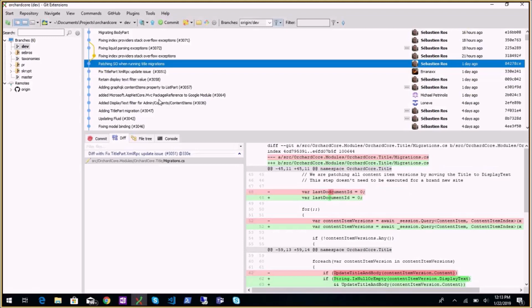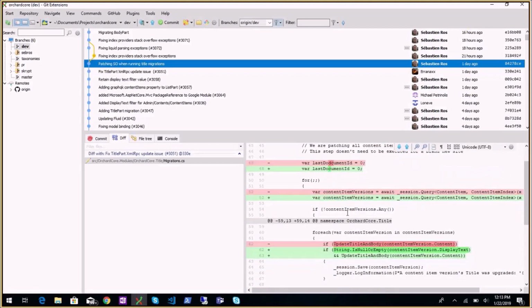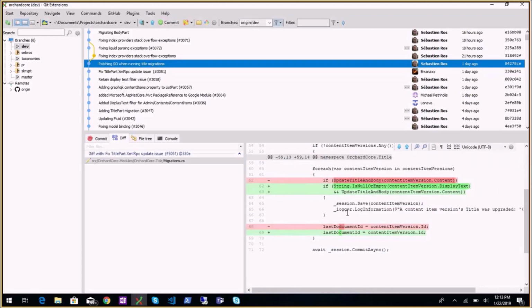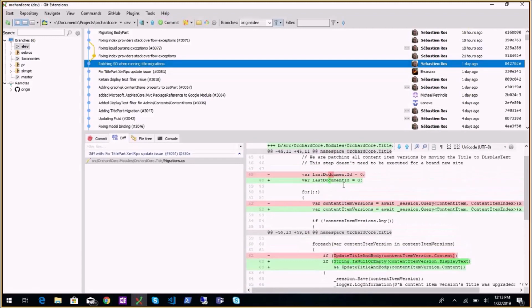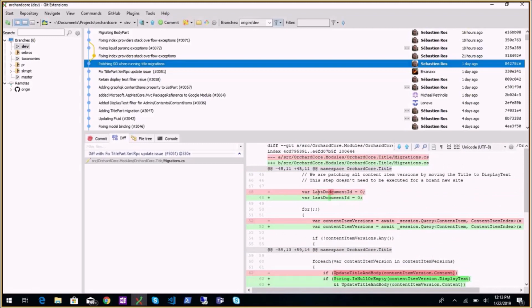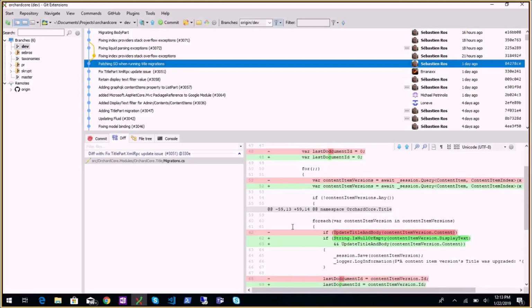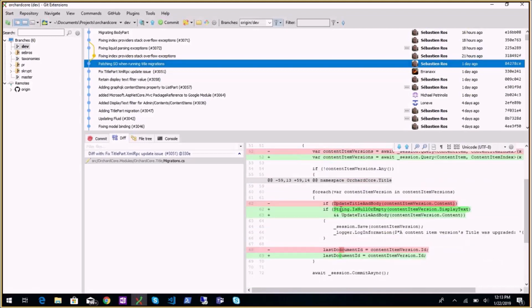Patching stack overflow when running title migrations. So there was a bug in conflicting behavior between Orchard and SQL, which triggered a stack overflow when we were running this migration for the titles, and I fixed it first quickly to unblock Antoine by checking that we have already or not executed this migration, or we already have display text, which means we are running with a more advanced version than